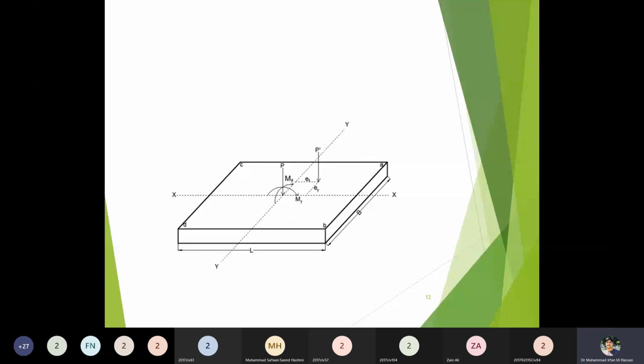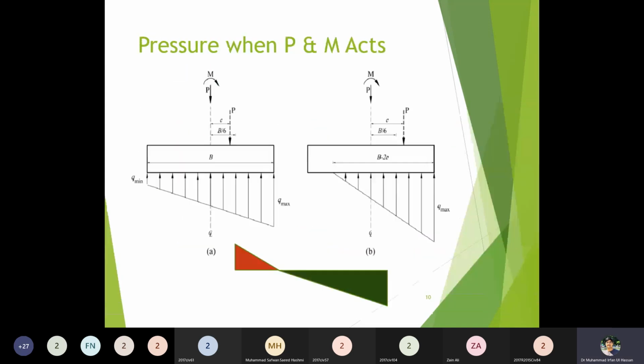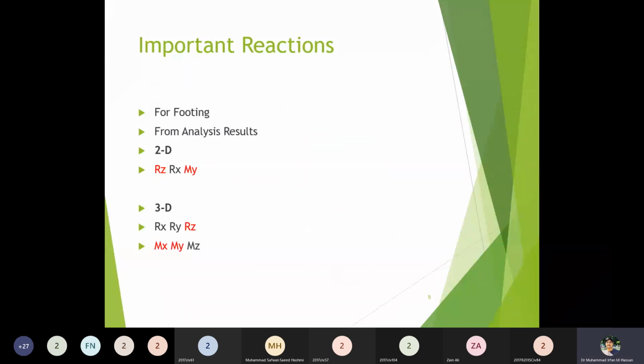अगर मैं X और Y की बात करूं, कि एक X axis है plan का, footing का, एक Y है, तो movement और load जो है वो biaxial, जैसे columns में biaxial bending होती है, इसी तरह reactions भी आपके 6 हो सकते हैं। उसकी मैं बात कर रहा हूँ कि जब 6 reactions हैं, तो उसमें मैंने आपको बताया था कि 3 reactions आपके critical होते हैं footing design में।